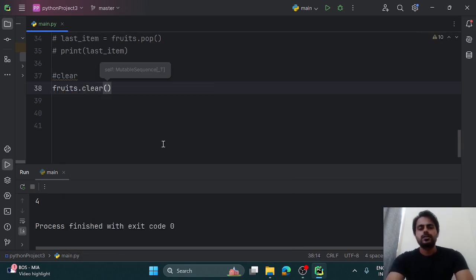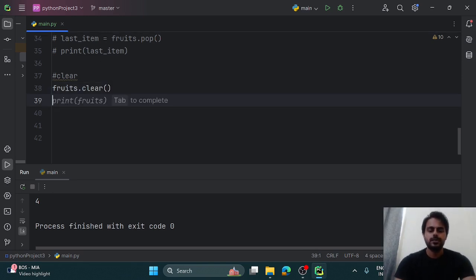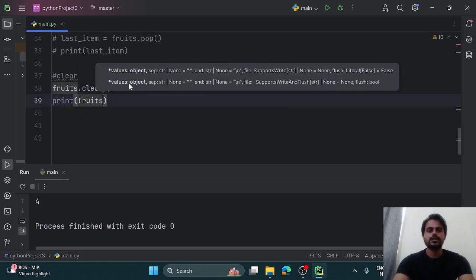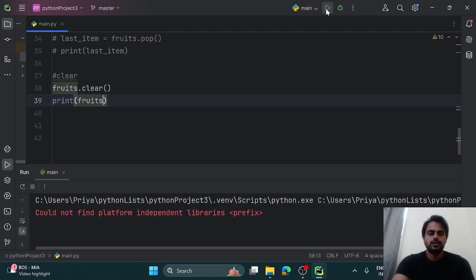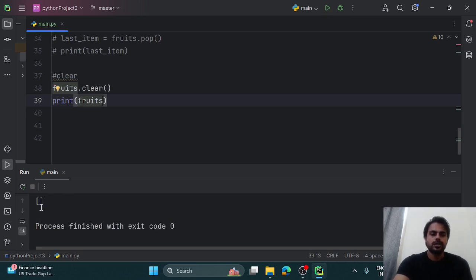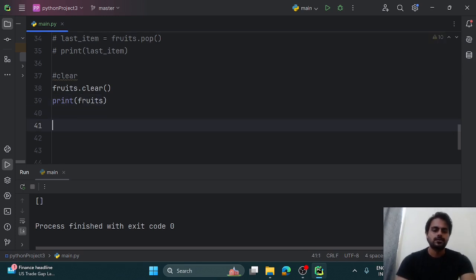Okay, so this clear method clears or flushes out all the elements from the list. So now the list is empty. You can use this clear method if you want to get rid of all the elements of the list. So this is a neat way to do that. Okay,